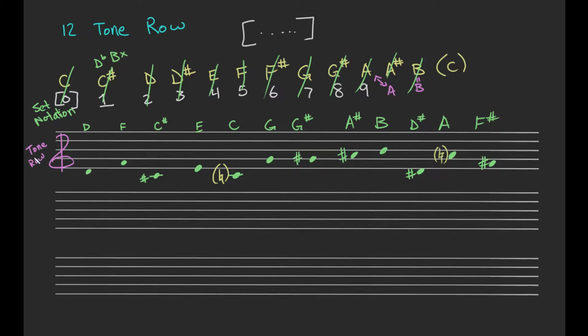Okay, the beauty of a tone row. So these are tone rows. Because they use a chromatic scale, they don't really sound like anything, and that's kind of the point. Back when they were making these,